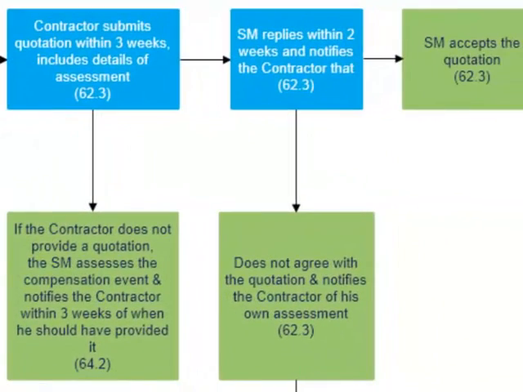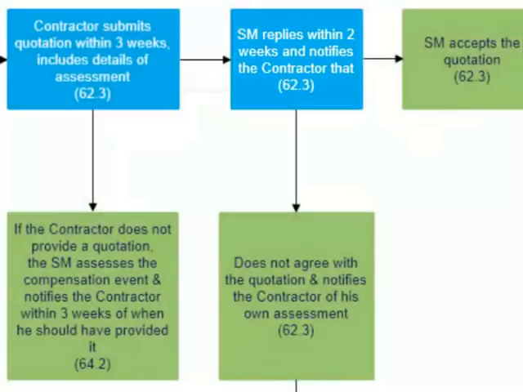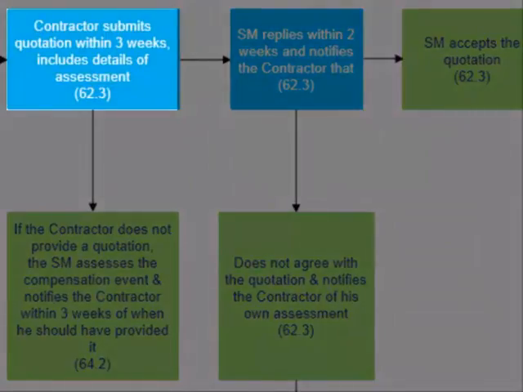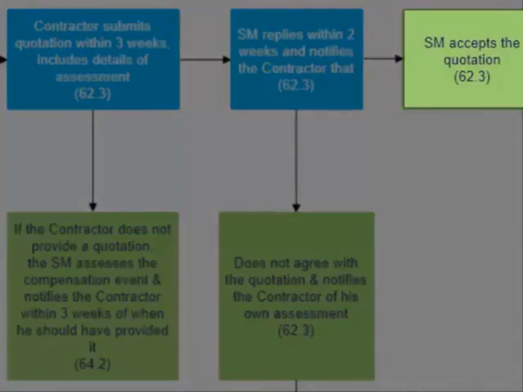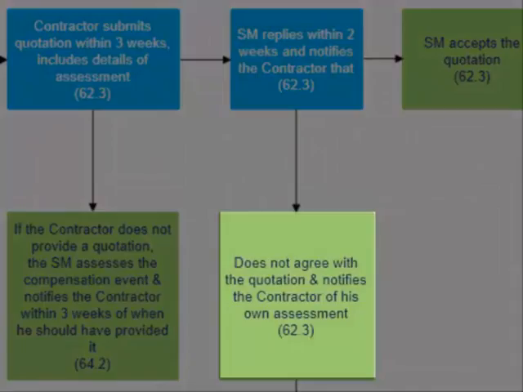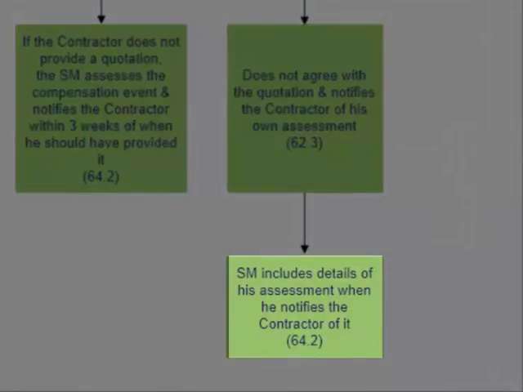Once the contractor has submitted his quotation, the service manager has up to 2 weeks to reply to it. His reply must be either asking the contractor to submit a revised quotation, or he can accept the quotation. Alternatively, he can tell the contractor that he does not agree with the quotation and notify him that he's going to be making his own assessment. If making his own assessment, the service manager must provide details when he notifies the contractor that he's going